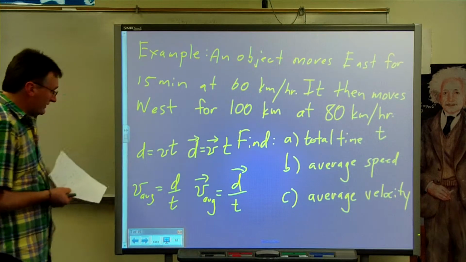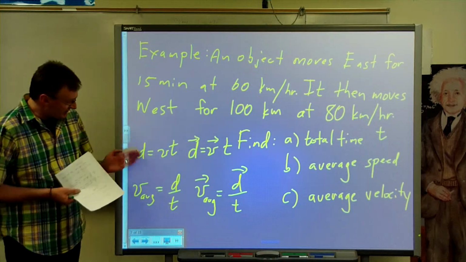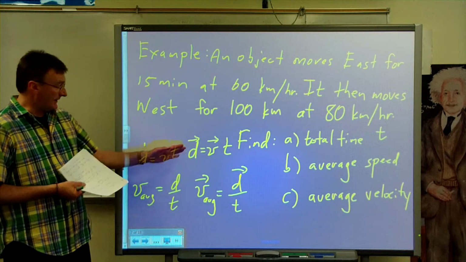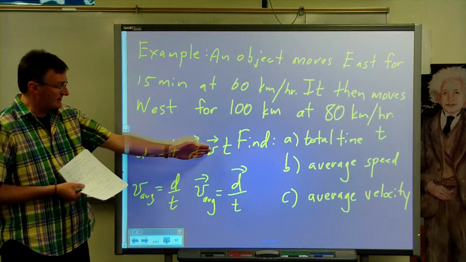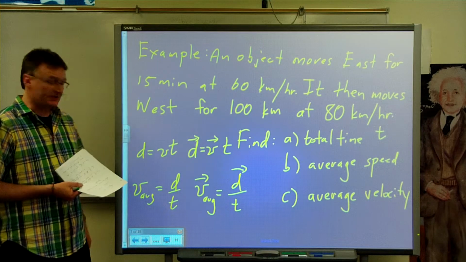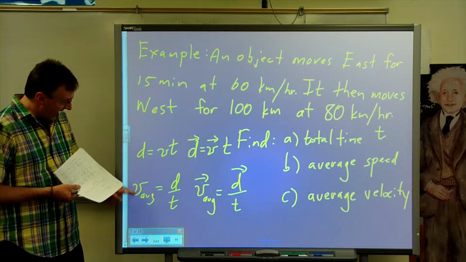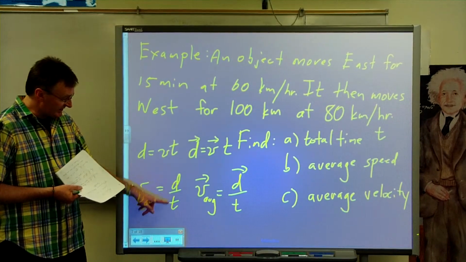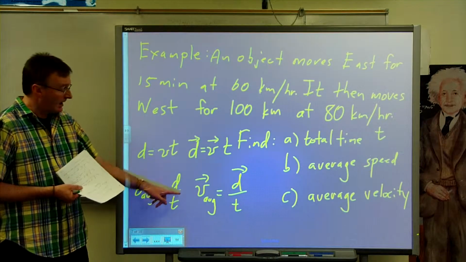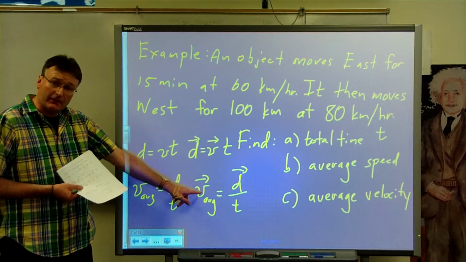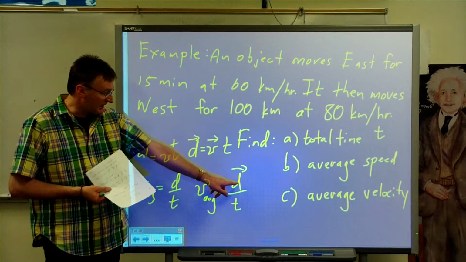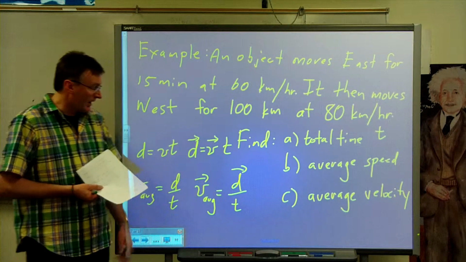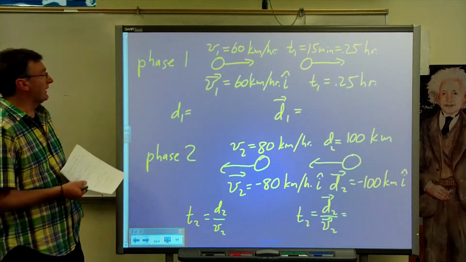Okay, so let's go back to our basic equations here. So distance is speed times the time, and again the displacement is the velocity times the time. The average speed, which we talked about right at the very beginning, is the total distance divided by the total time. Average velocity, however, is the final displacement vector divided by the total time. Alright, so let's see how that's going to work out for this particular